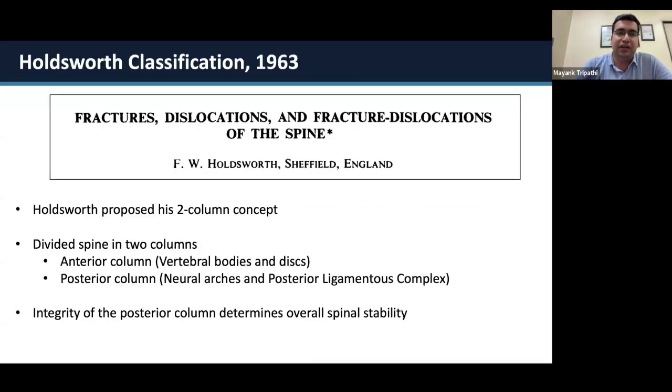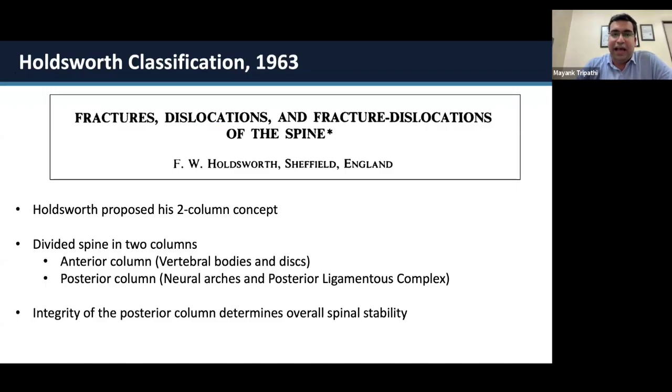The Holdsworth classification system was proposed in the year 1963 by Holdsworth et al. And it had a two-column concept. They divided the spine into two columns, the anterior and the posterior column. The vertebral body and the disc form the anterior column, and the neural arches and the posterior ligamentous complex form